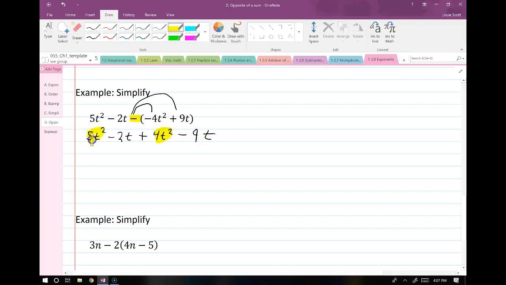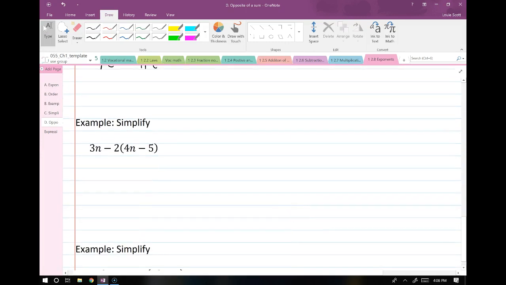These two have variable factors of t squared. These two have variable factors of a single t. So 5t squared plus 4t squared, that gives me 9t squared. And negative 2t minus 9 more t, that gives me negative 11t. All right,